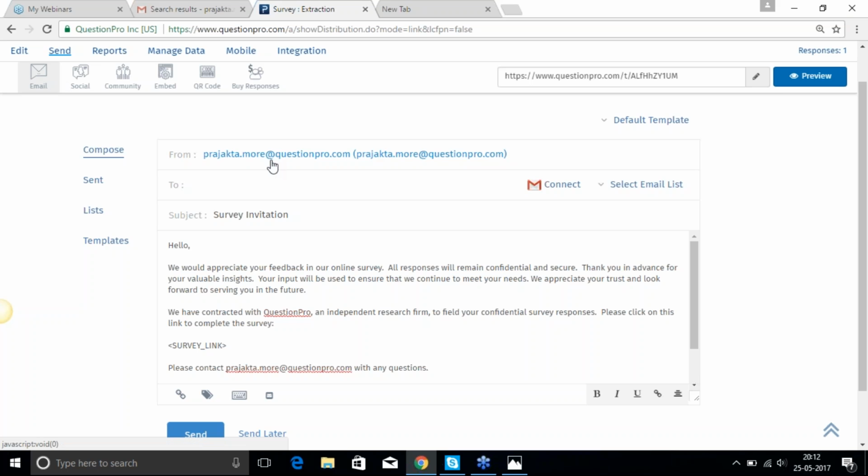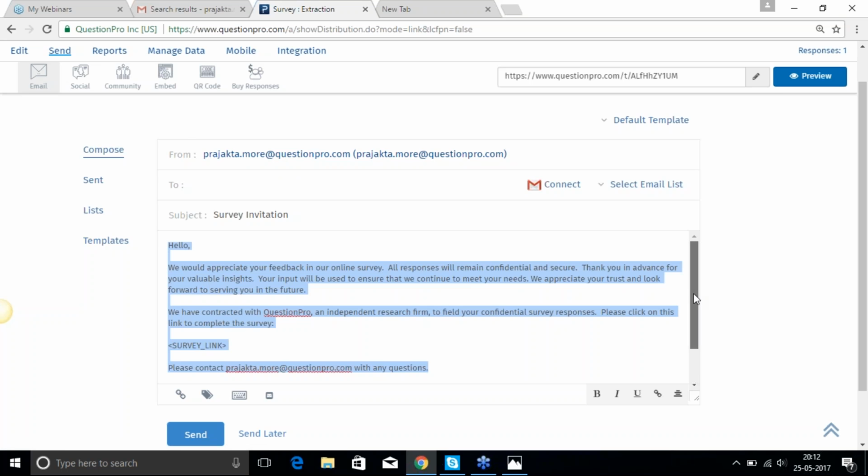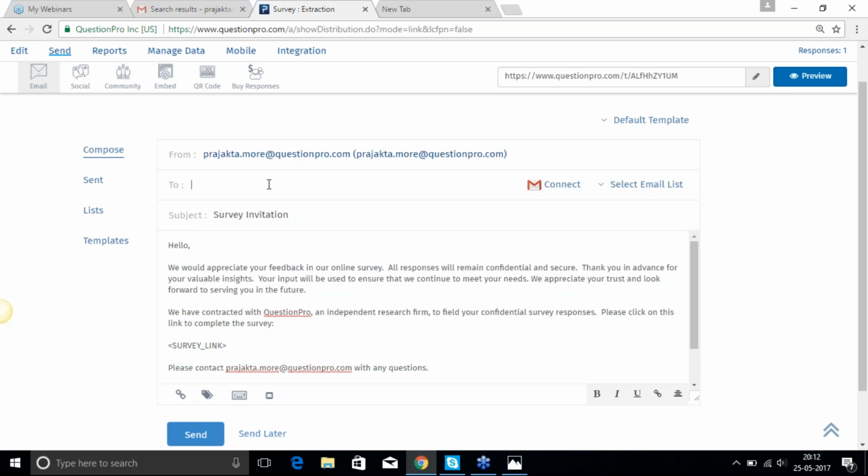The simple one is email. So the email template is already designed. You just need to add the email IDs of the respondents. Here you can also connect yourself with your Gmail account. If I get connected with that, it will automatically display all the email IDs connected to my Gmail account. Or else I can also add the email ID manually. So if I'm sending it to this email ID,